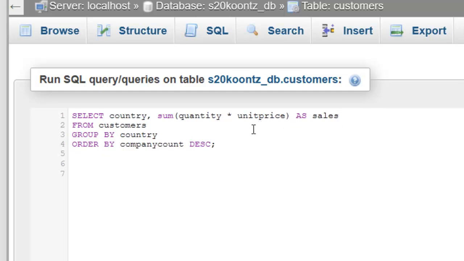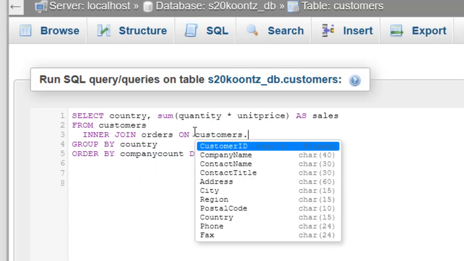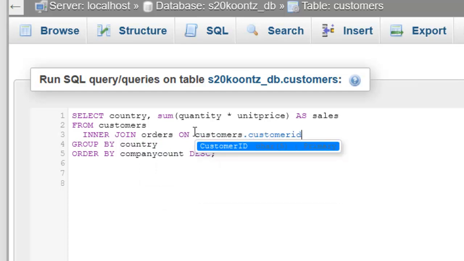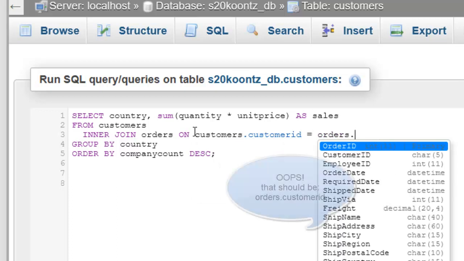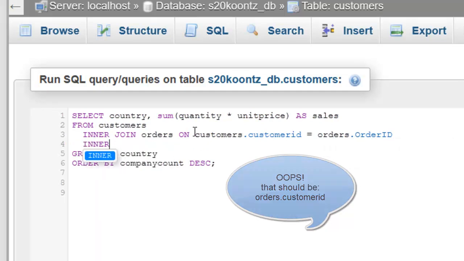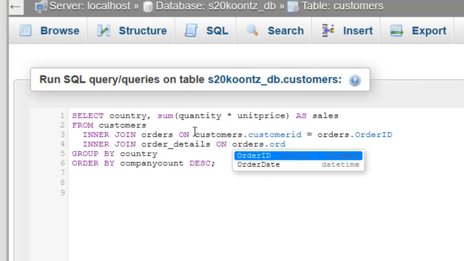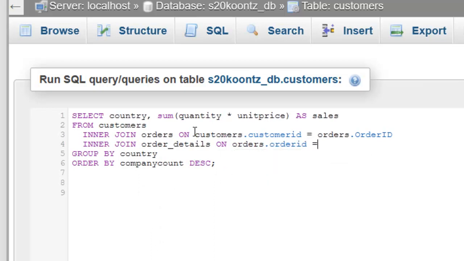Now there's a problem, and the problem is that it's not all just in the customer table, so I have to do some joining here. Inner join to the orders table on customers dot customer ID equals orders dot order ID, and then we're going to inner join again to order details on orders dot order ID equals order details